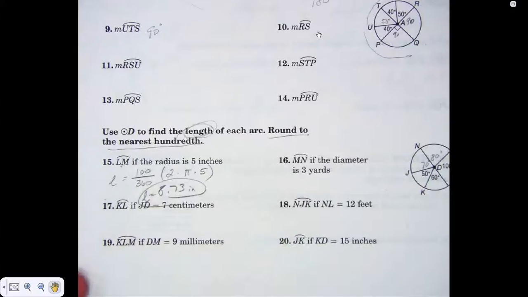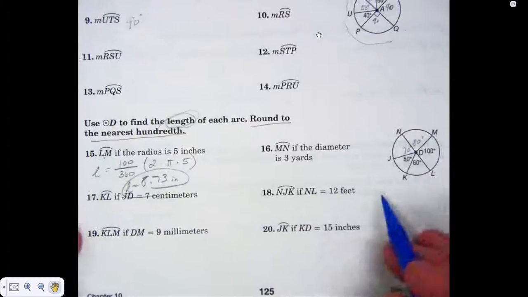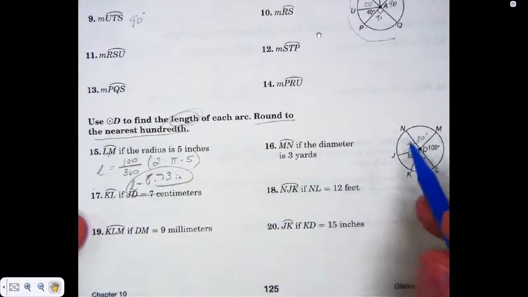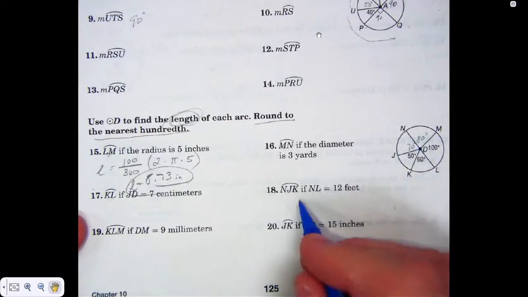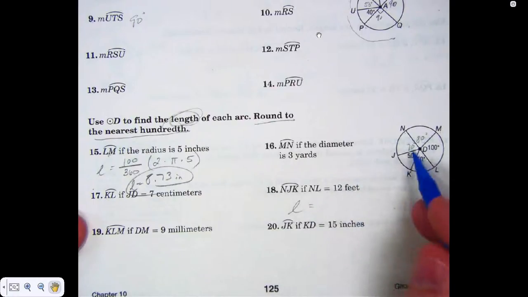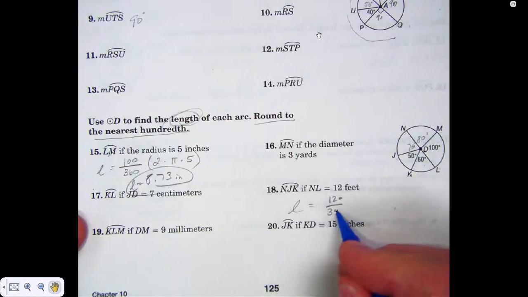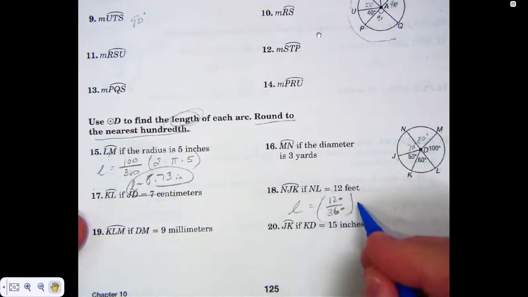So as you guys can see, this isn't too bad, is it? Let's do one more. Let's go down, what do you say, 18? N to J to K. What percentage of the whole thing is that? Or how many degrees of 360 is that? N to J to K. So 120 over 360. I'm going to multiply that times,